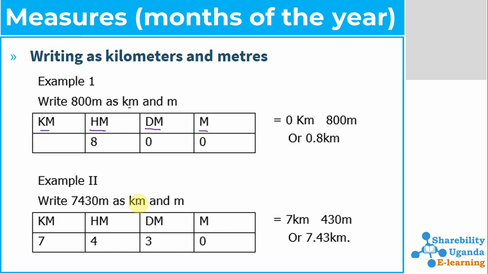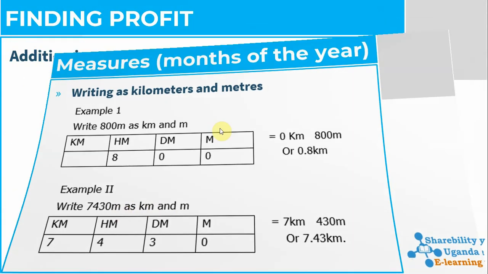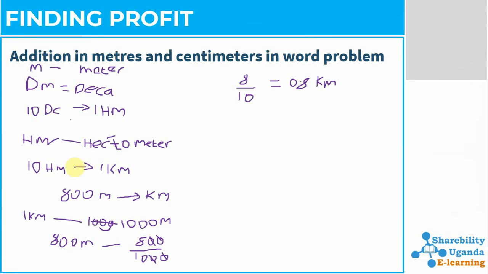Using this same approach, we have 7,430 as our value. So 7,430 meters will be equal to